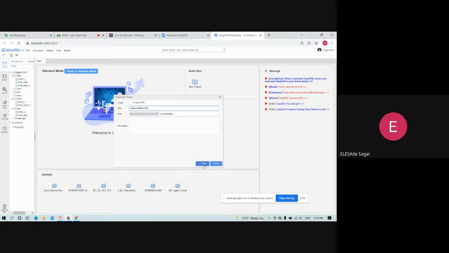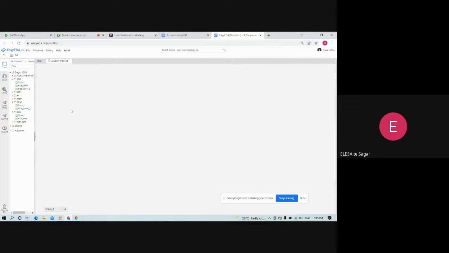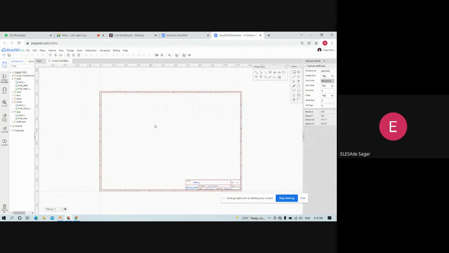Otherwise you can simply click the save button. So guys, here the project is created successfully. So here we can draw our circuit diagram.